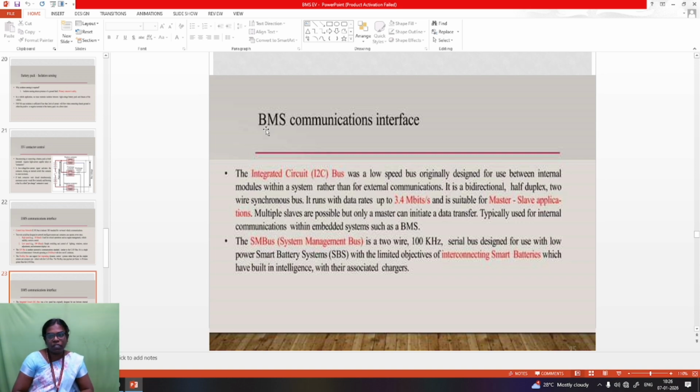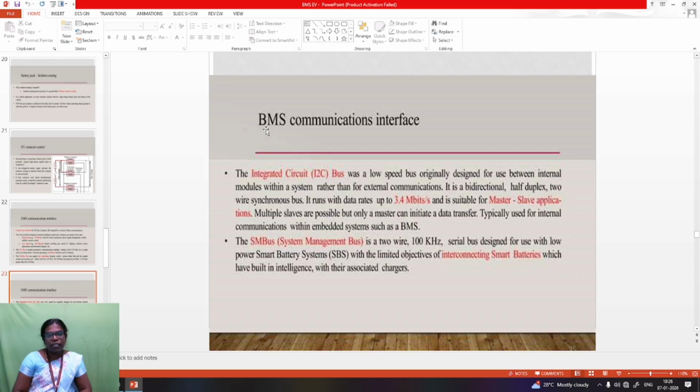It is a bidirectional half duplex two-wire synchronous bus. It runs with data rates up to 3.4 Mbps and is suitable for master-slave applications. Multiple slaves are possible, but only a master can initiate data transfer, typically used for internal communications within embedded systems